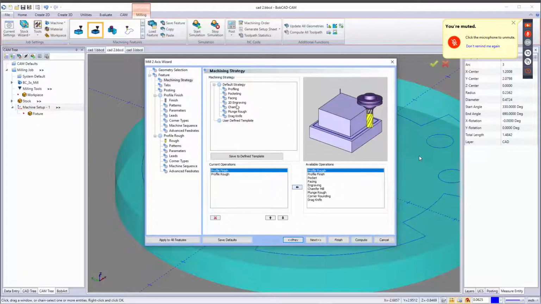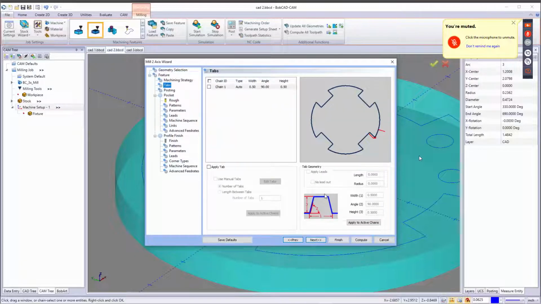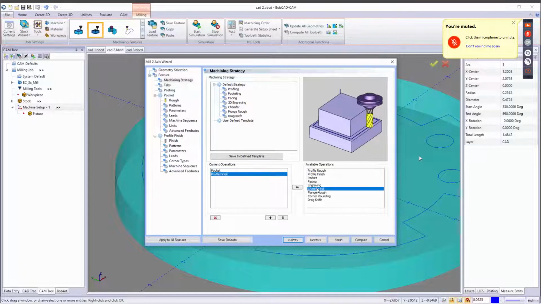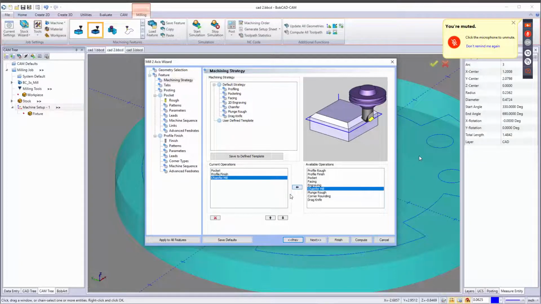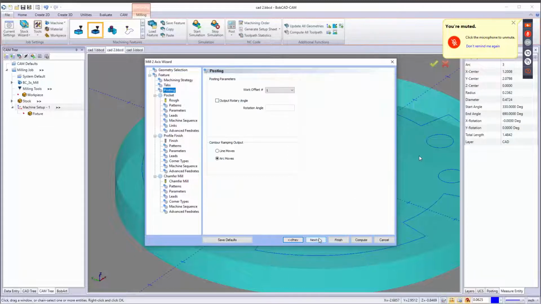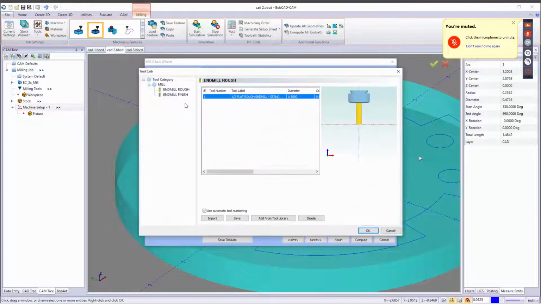Let's just do a pocket with a profile finish. It should be fine. And you know what? Let's add in chamfer mill. There we go. Pocketing or tabs, not going to worry about that. Posting should be good. So our pocketing, let's go with a